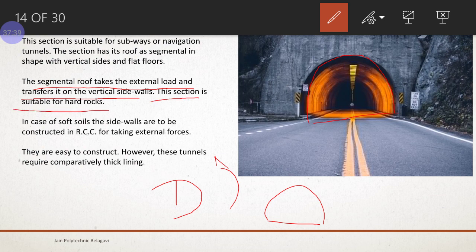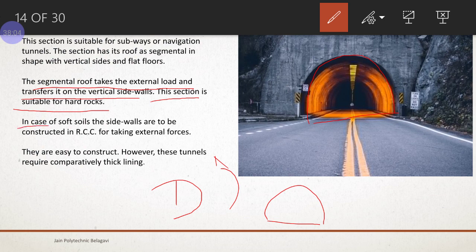The previous three, that is circular, elliptical and egg shaped, can be provided in soft soils, but this D shaped or segmental roof section is only provided in case of hard soils. It can't be provided in soft soils.